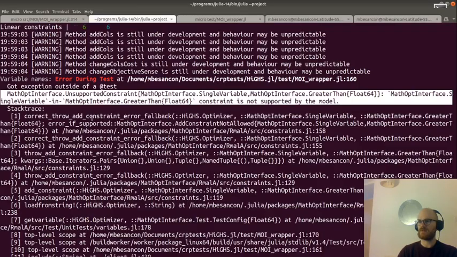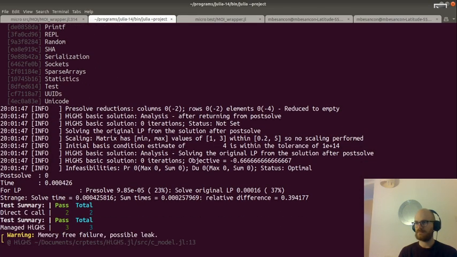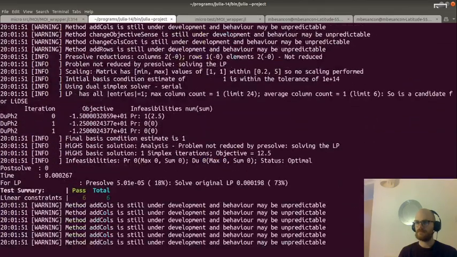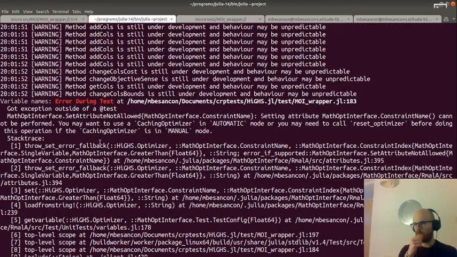So let's rerun our test now. Okay, not too bad. Still one error. Set attribute not allowed, constant name. Setting attribute cannot be performed. You may want to use a caching optimizer. We said we can now set